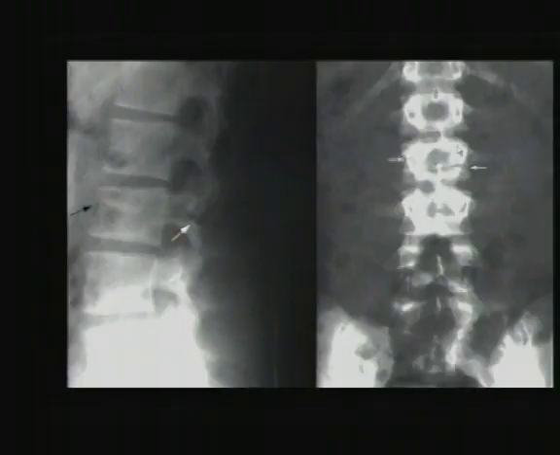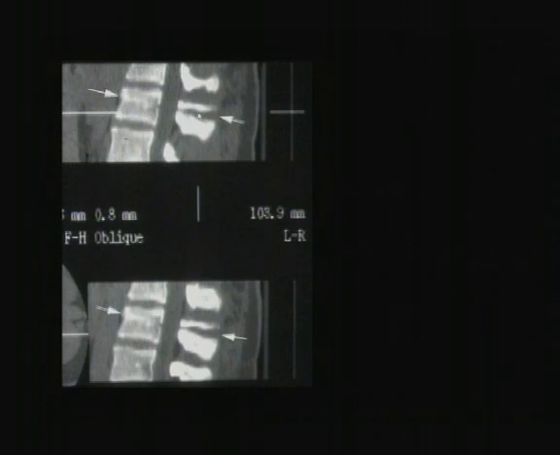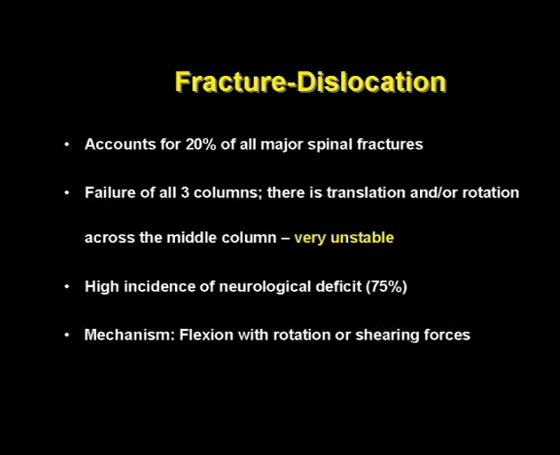This is your typical chance fracture. Okay, so distraction here, compression here. Distraction, distraction, and then compression anteriorly. I always look at the abdomen because this patient had a laceration of the